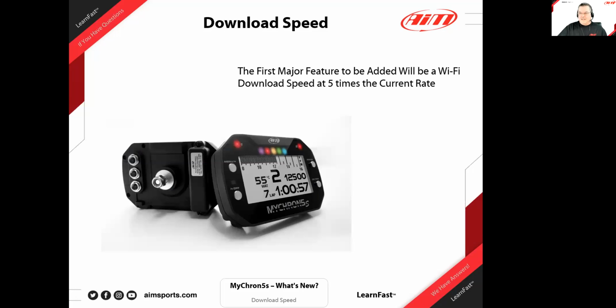Okay, let's talk about download speed differences. Yep. With that processor and that more RAM memory, obviously we are able to download a little bit more quickly. It already is downloading faster than the MyChron 5 was, but I believe there are more updates to come in the future that will elevate that download speed, which is going to be very helpful. Not so much for the guys running with one MyChron 5 unit, but you might be in charge of several, or 10, 15, 20 of them. If you need to download data for all of them, it's going to be much quicker. It gives you more time to make the changes that you need, more time to look at the data and